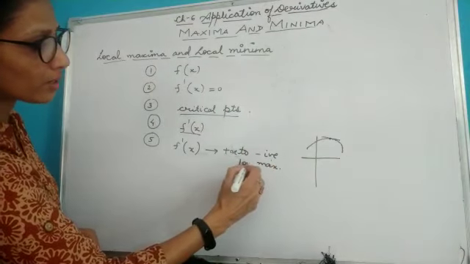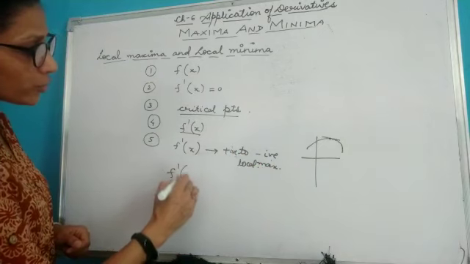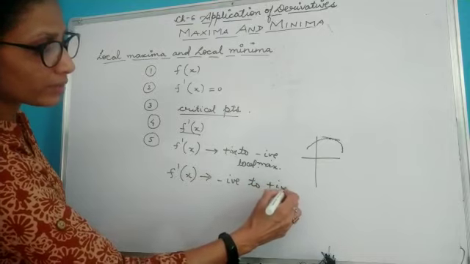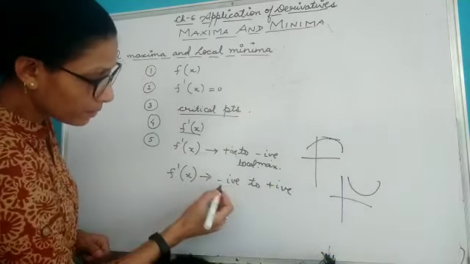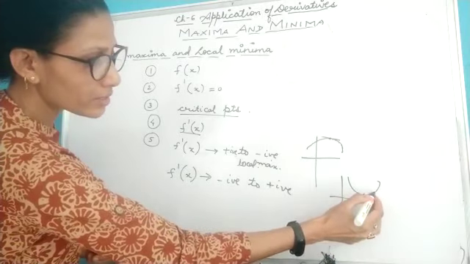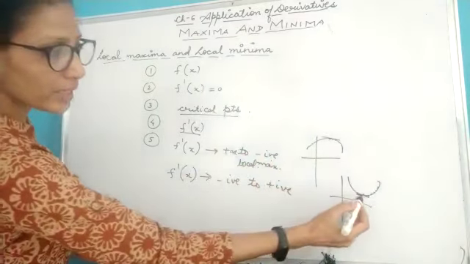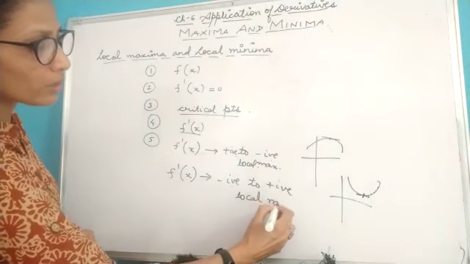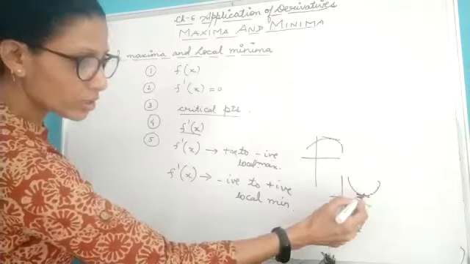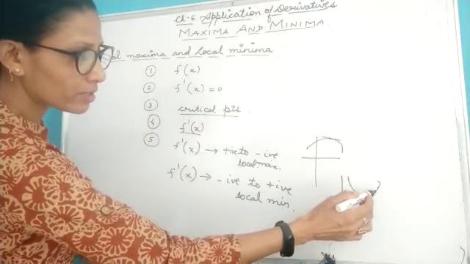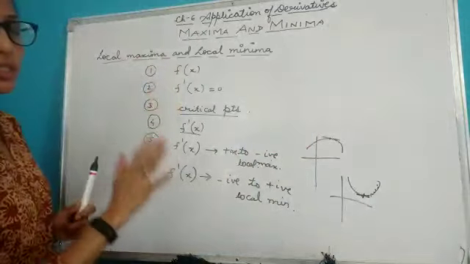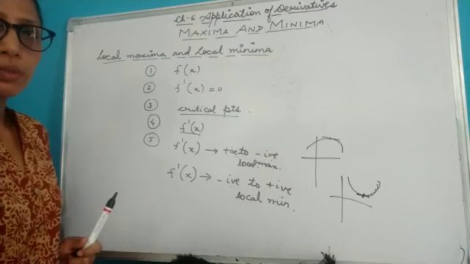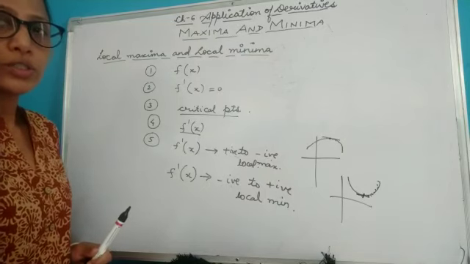So when it is moving from positive to negative value, the curve has got its local maxima point. And if your f dash x moves from negative to positive value, that means it has attained some minimum value and then started increasing. That means it has attained the lowest value. So here you will get local minima, that after getting this least point, the graph has started increasing. So these are the points we have to follow in doing questions of local maxima and local minima. Now let's see this in questions.